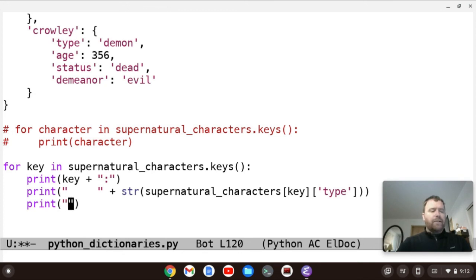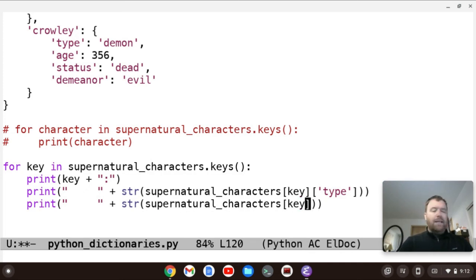So we'll also print, I'm just doing some spacing here for formatting, plus do a string, supernatural characters, and then we'll pass in the key, whatever the key is, which is Sam, Dean, or Crowley again, and then the age key inside the key, right?